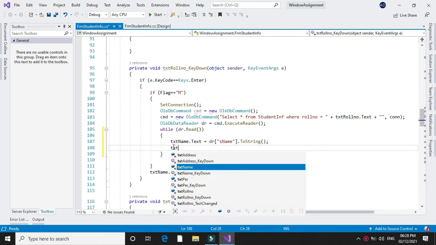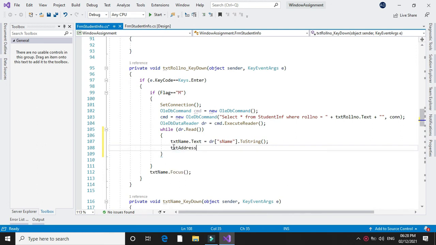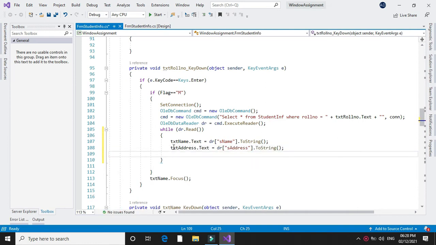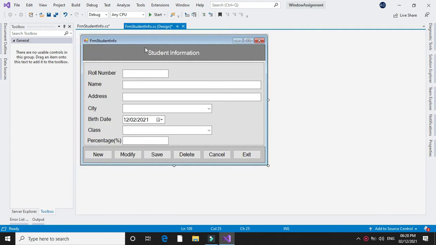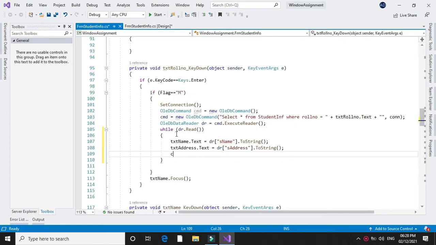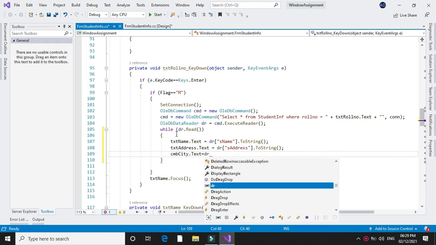Similarly, we will set the txt address dot text equal to dr the address field name dot toString. Then we will set the city, which is a combo box. So cmb city dot text equal to dr city.